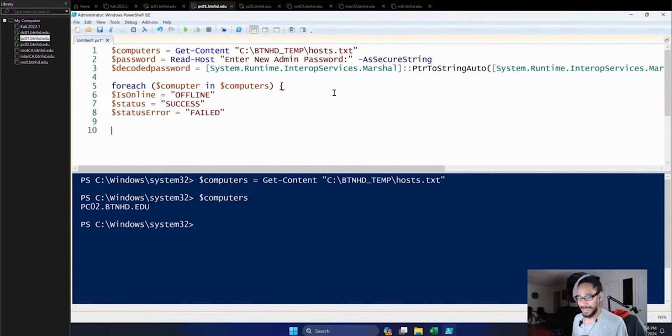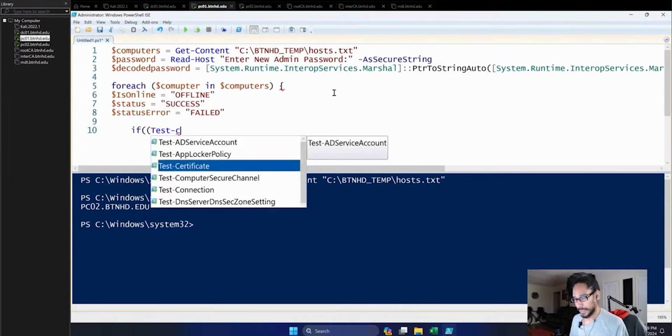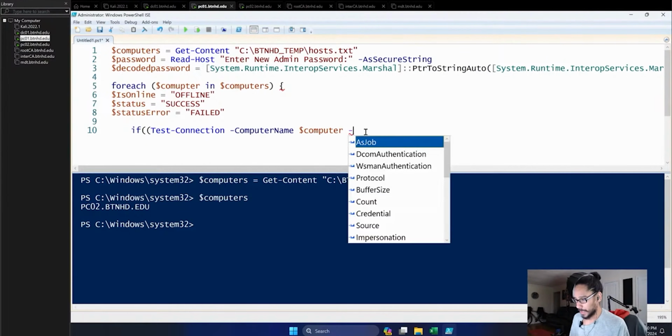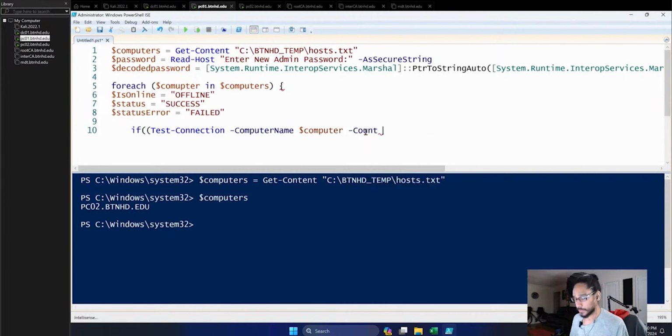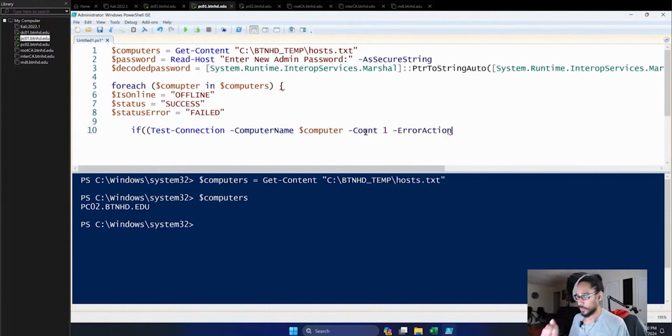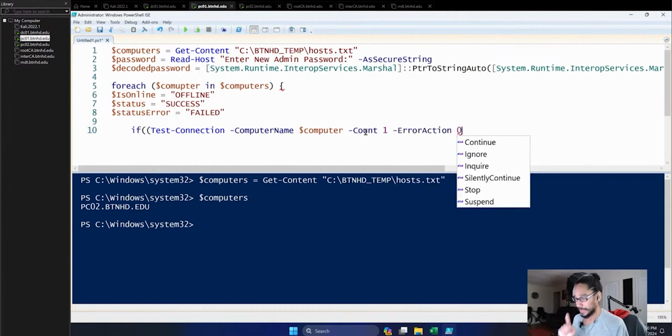right? Hit enter. If, open parentheses, another open parentheses, and we're going to use a cmdlet called Test-Connection. Auto tab that. Parameter of ComputerName. Then we're going to do another variable of Count. We're going to do a 1, and we want to do another variable of ErrorAction, and let's set that to 0. So we're going to close the parentheses. Boom. We're going to hit enter,